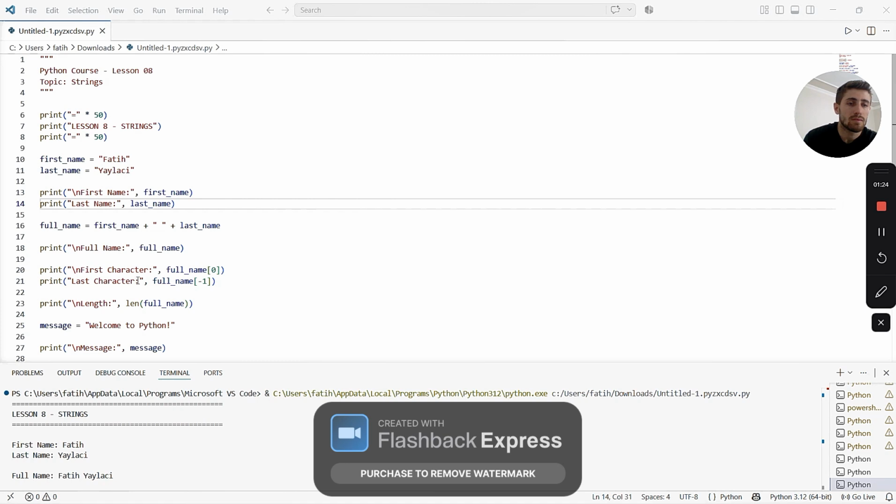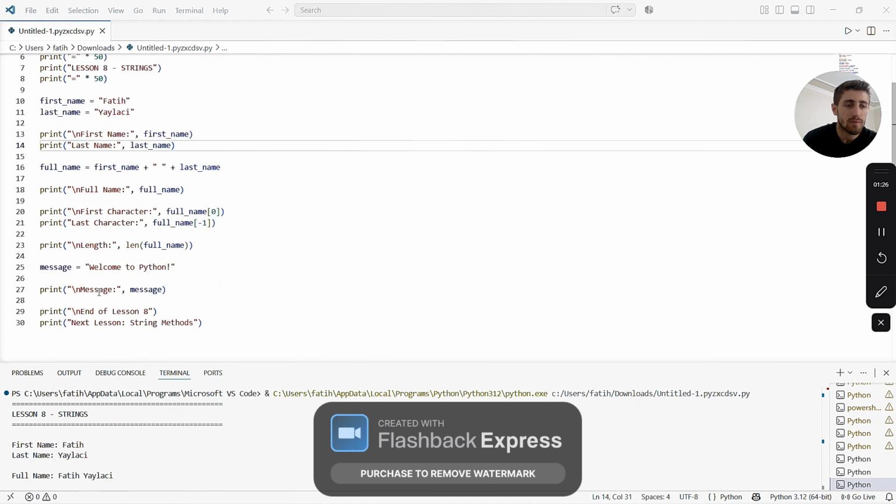For example, this is double quotes and this one is single quotes. For example, name: John, city: London. Strings are used in almost every Python application because programs often need to display or present text.